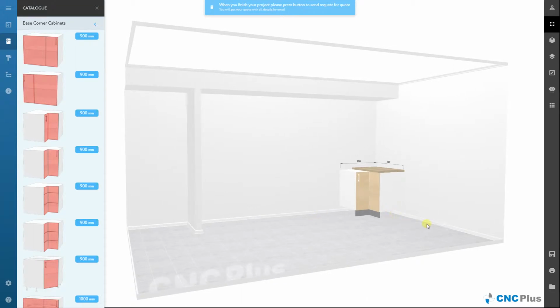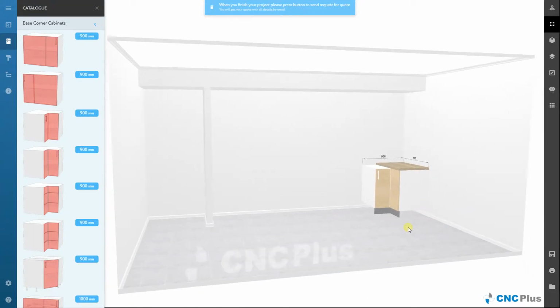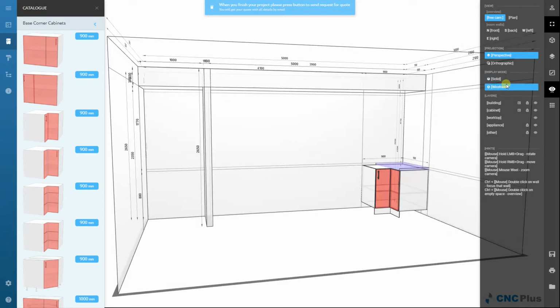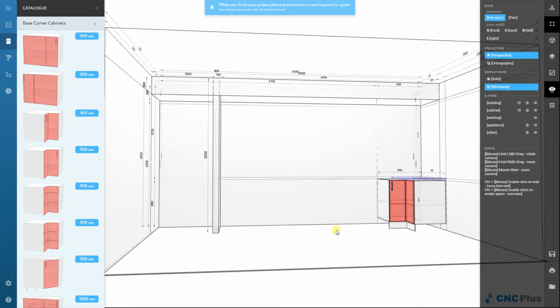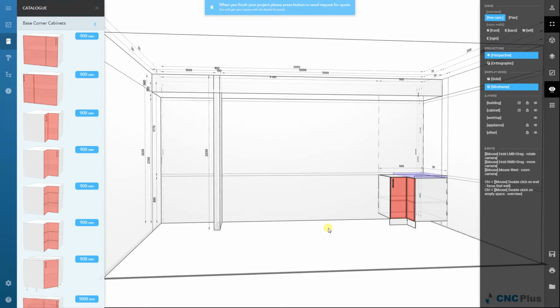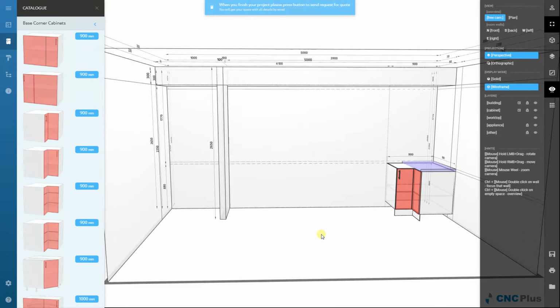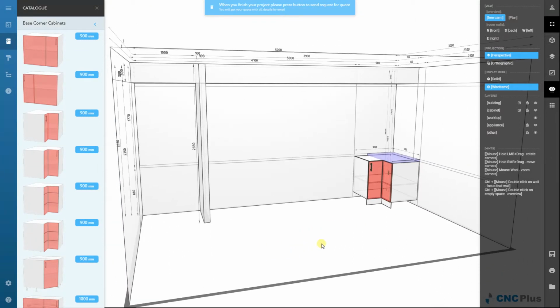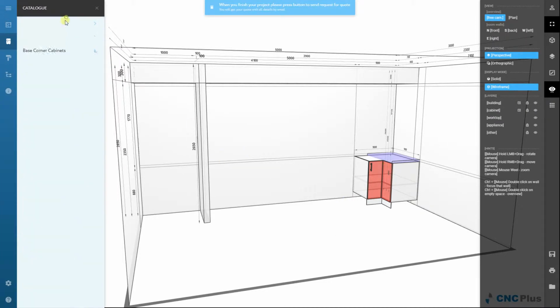To see the whole picture, I'll press I and select a wireframe mode. Now I can see all sizes and leftovers and so on that I've got here in the system. So at the moment I did locate one corner cabinet, and we need to remember about the proper way